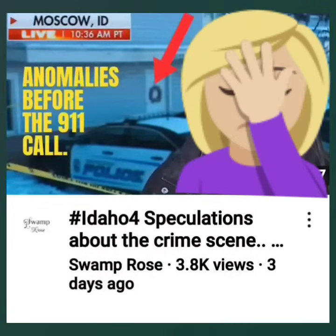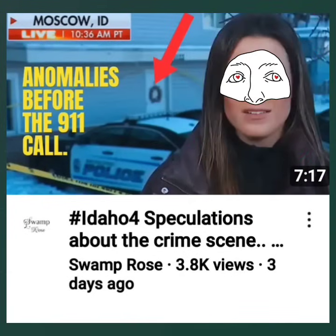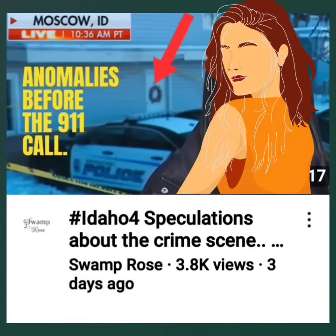Okay, I'm just going to address things as I go through it because this reminded me of something when I saw Swamp Roses right here. See the arrow on here that's pointing to the wreath on the door? Well, I always thought that wreath meant something, like it was there year-round, right? And I know people decorate their doors like that. I get that. But I think that wreath is there to say that this house has whatever it has. I believe that to be true. And the reason I especially believe that to be true is